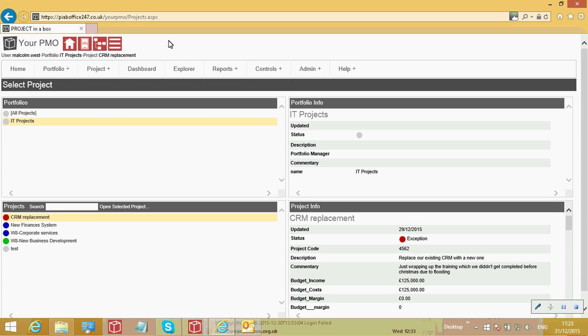In earlier sessions looking at your PMO, we had a look at planning and resourcing, methodology, reporting and dashboards. In this session we're going to have a look through some of the other remaining functionality areas that people find particularly useful in supporting their projects. So we're going to first have a look at risks and issues, which sit in the controls area alongside tasks